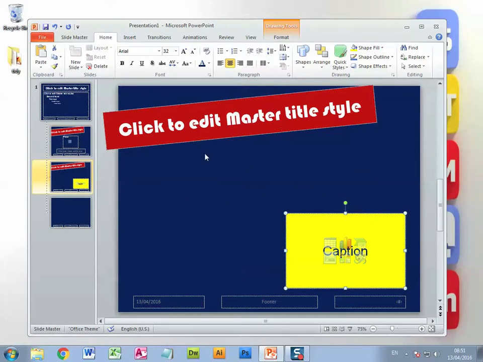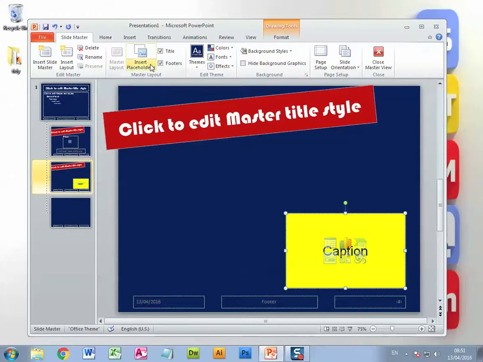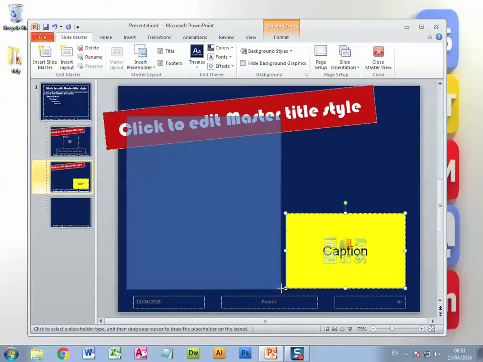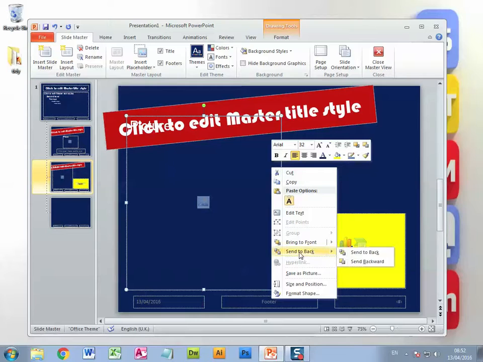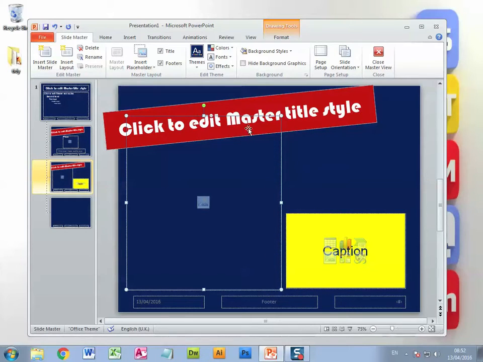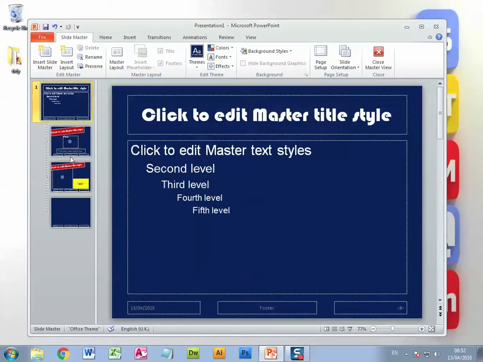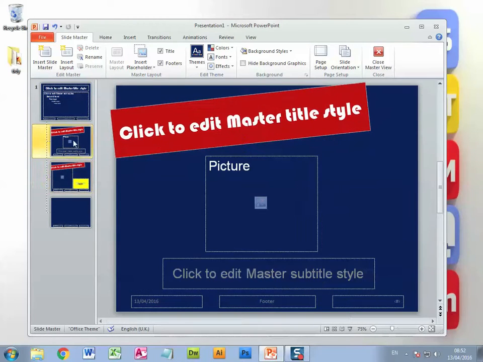And maybe in this space then we need to have a picture, so I can go back to my slide master, insert placeholder. Let's say I want a picture in there. Let's put the picture nice and large over there. Now it's gone in front of this title, so I'm just going to click on it, send back, so it's behind the title. And now I've got three designs